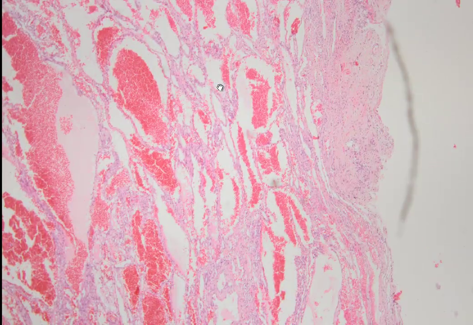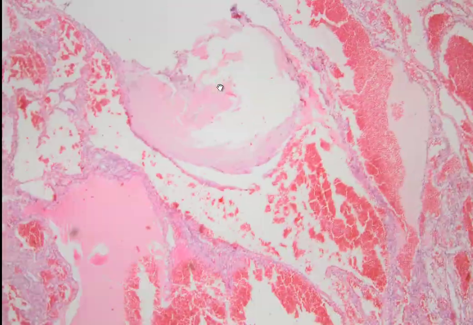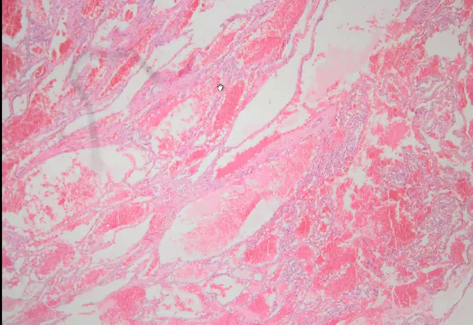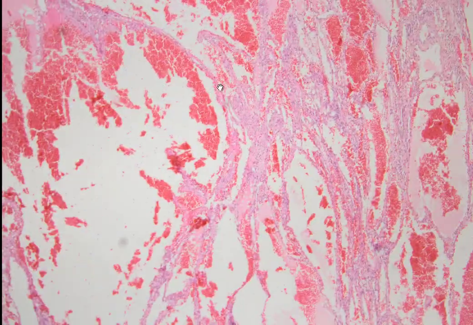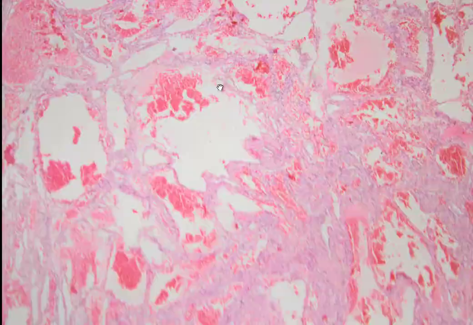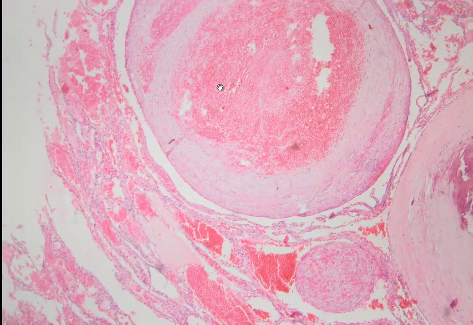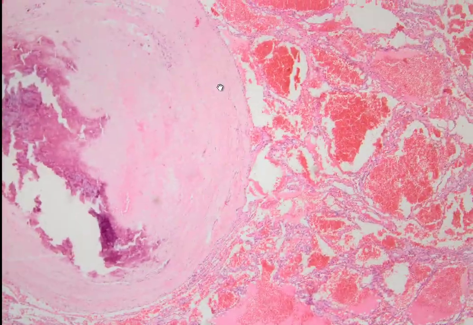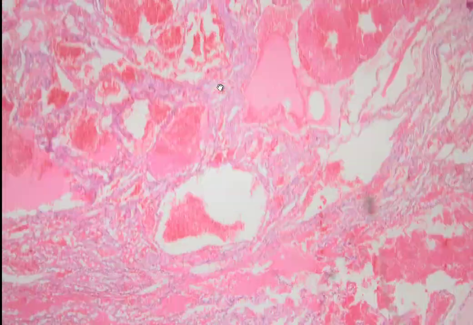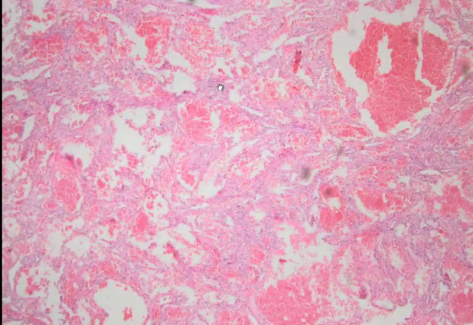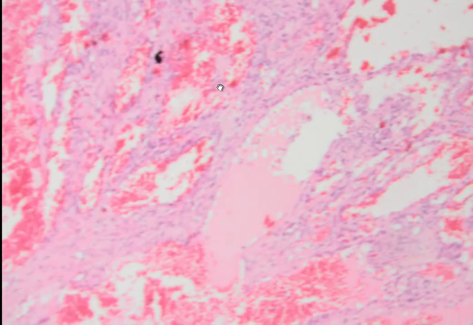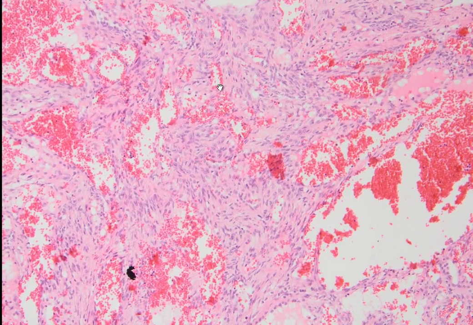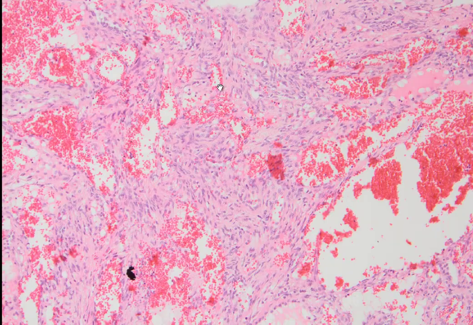with enchondromatosis. This is a vascular tumor composed of these cavernous areas, and here again we have these phleboliths and large spaces with cavernous formation, and here we have somewhat spindled areas resembling